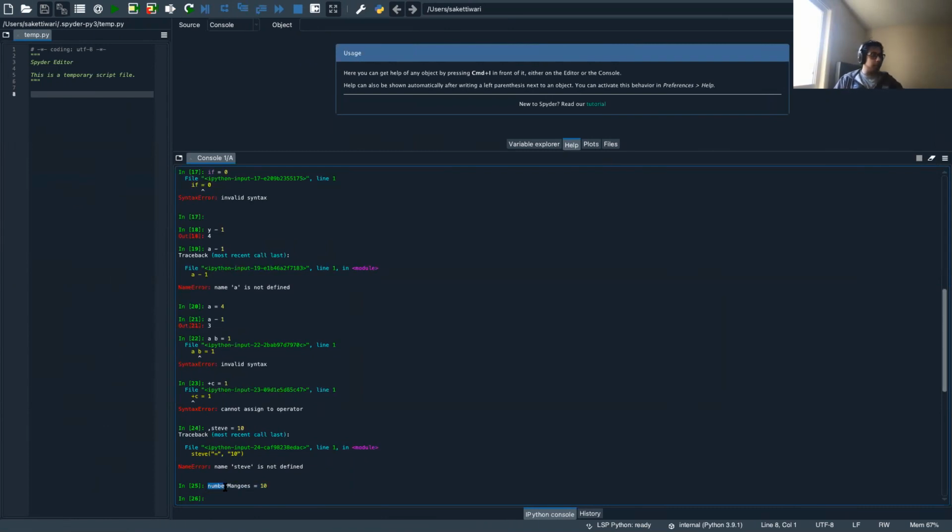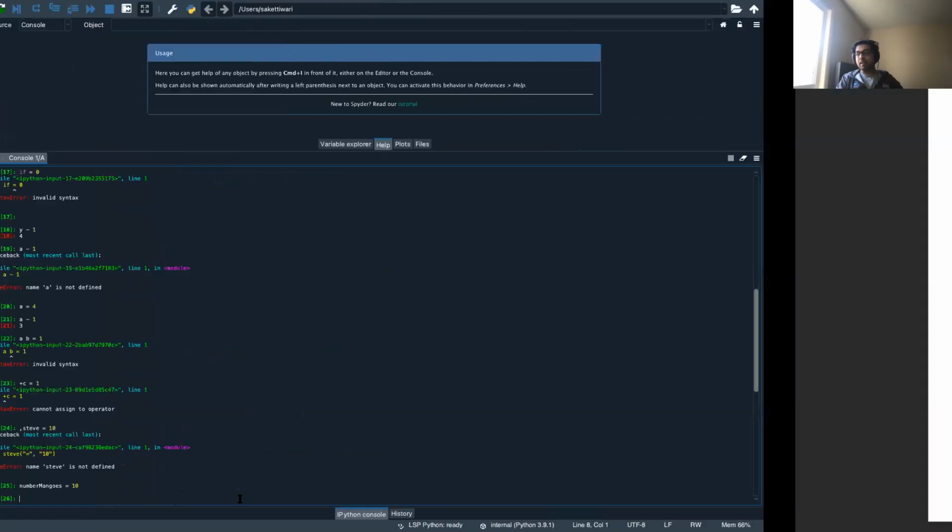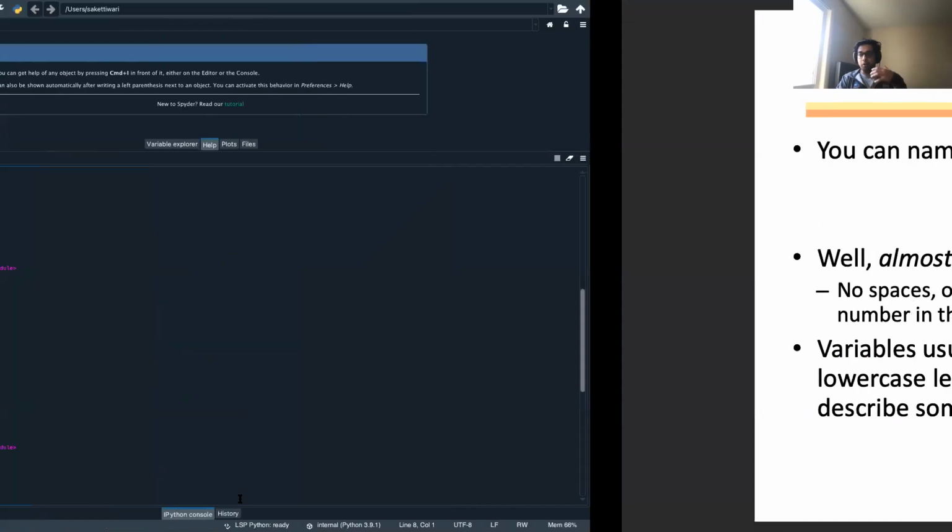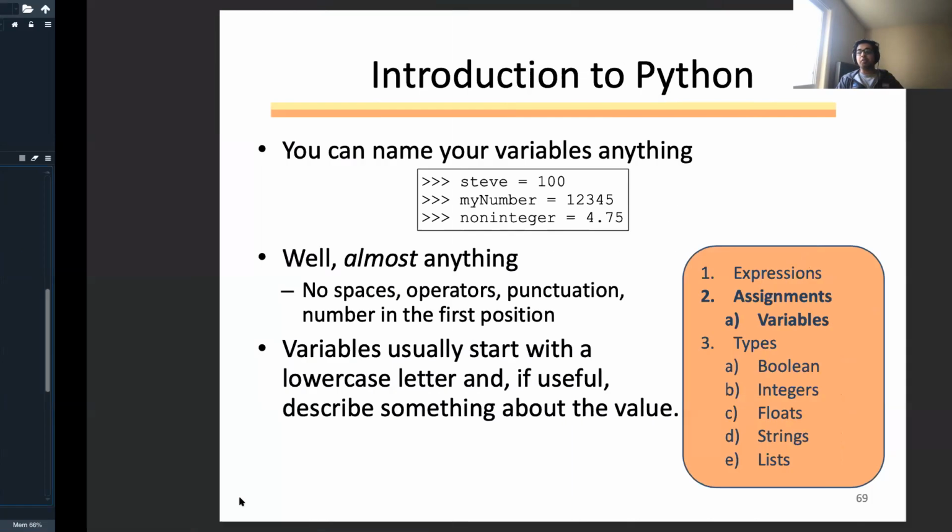And I know you guys can't see this properly, but essentially the n here is small and the M is big. That's called the lower camel case. You don't have to look that up right now, but there's a reason why we do things in this way, which